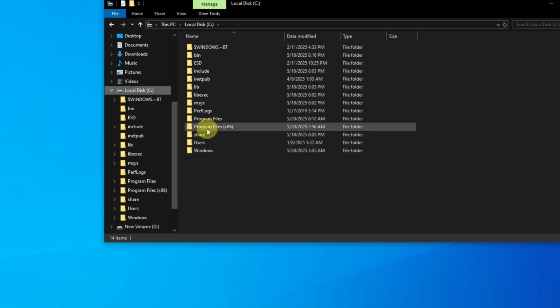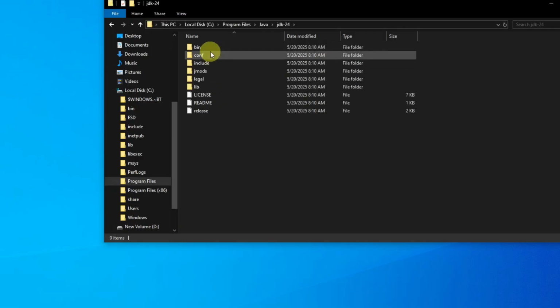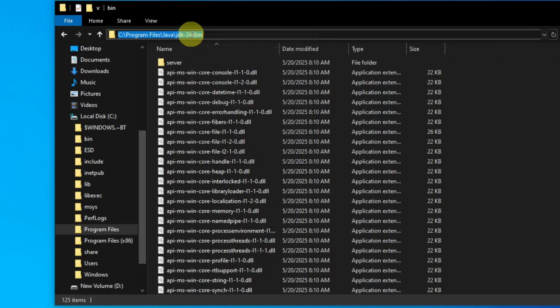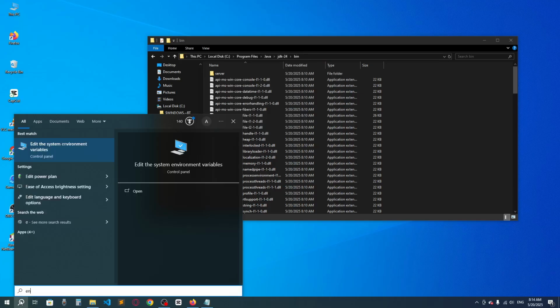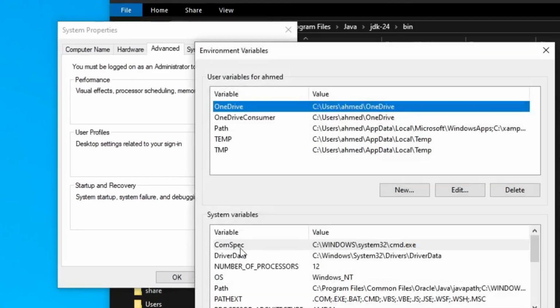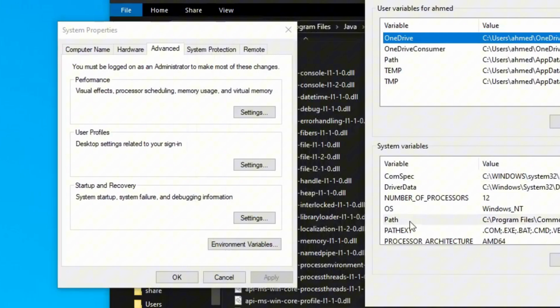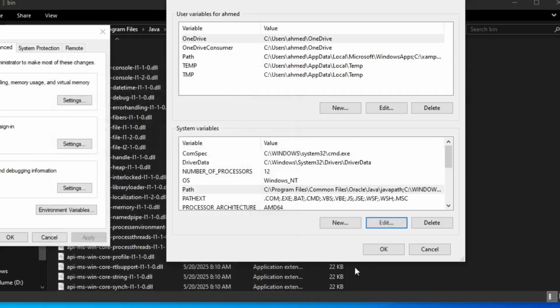Now we have to set the environment variable. So I have to go to C drive and then program files, then here you can see Java, then JDK 24, and then bin. So I just have to copy this URL, I mean path, copy it, and here I have to search for environment. So I have to set environment variables. Just click here, edit the system environment variables, and here you have to click environment variables, and then go for the path here, system variable, and then click on edit, select here new, and then paste it. Okay,